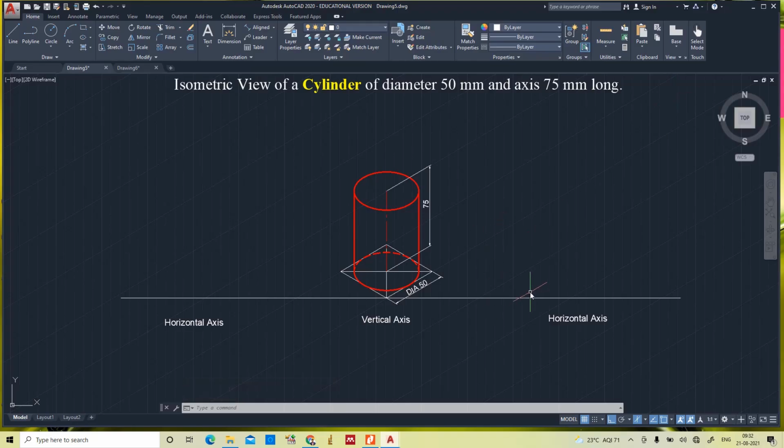Now, we will draw the horizontal axis cylinder based on the front view. As we discussed, the rectangular box dimension will be 50. So, now it is in isoplane right mode only, line 50, 50, 50, 50. Yes. Now, the front view plane is ready. Draw the diagonals to get the center point.